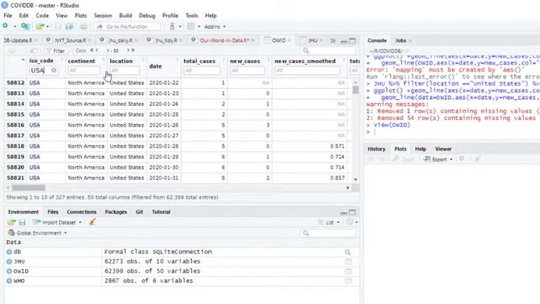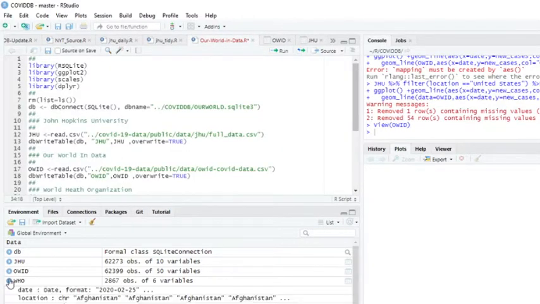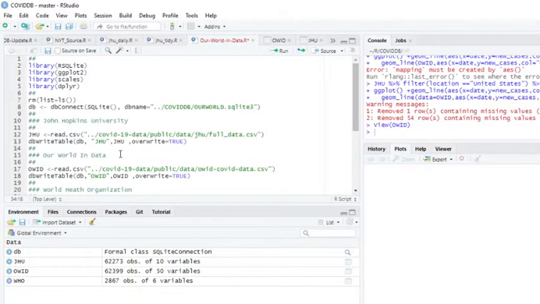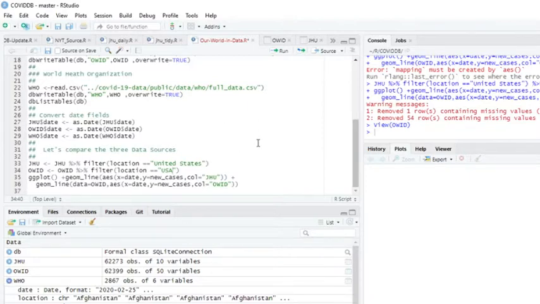Okay, so in Our World in Data, is it called the same thing? It's called location. And what about WHO?